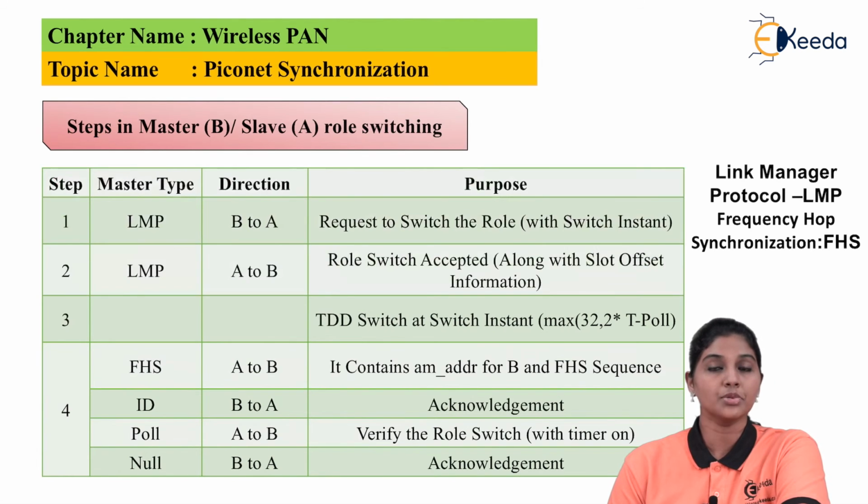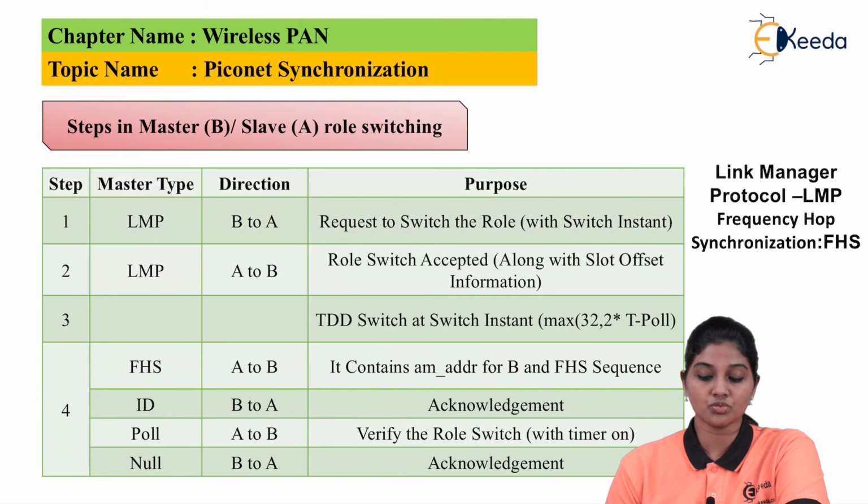Then the second step is from A to B, and it is also a link manager protocol. Here the role switching request is accepted with the offset time slot information. Then in the third step, the TDD switch at the switch instant is calculated and the maximum value is 32 into